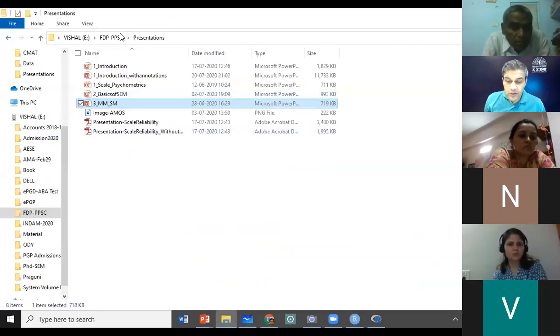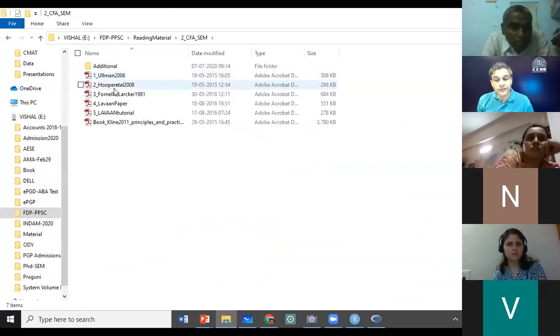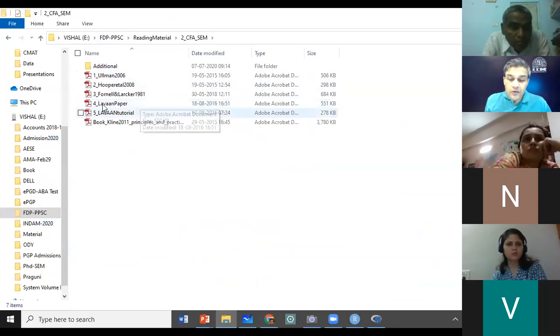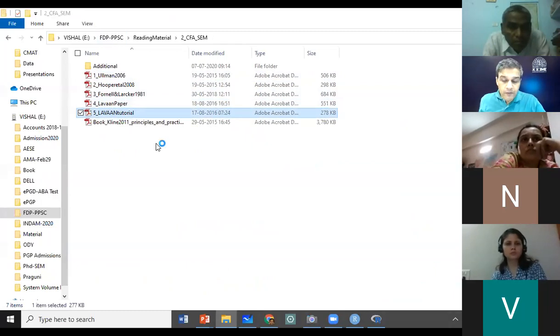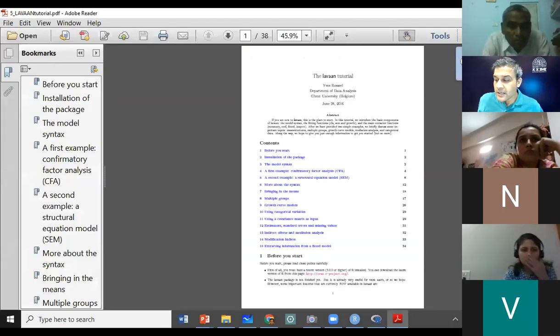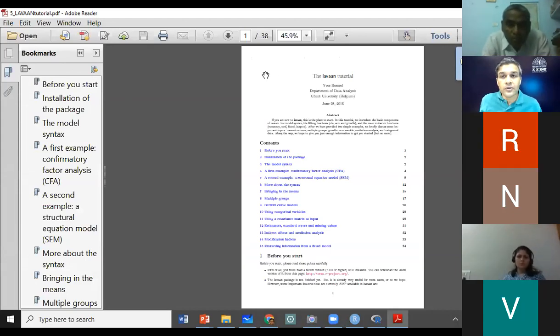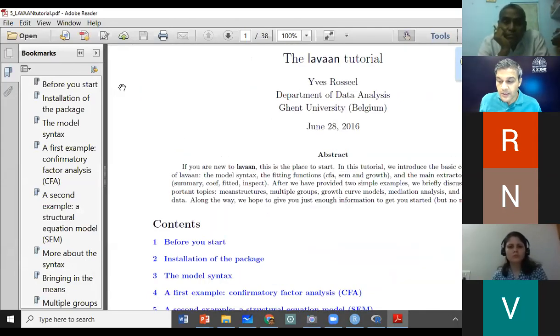Now, if you go to your readings folder, go to the second folder, which is CFA SEM. Someone was asking before the break, how do we learn the commands or the syntax? If you want to learn SEM using R, this is the go-to tutorial that you should follow. It is called the lavaan tutorial.